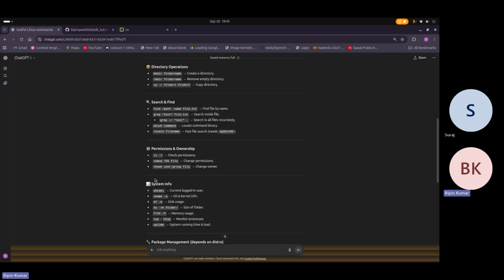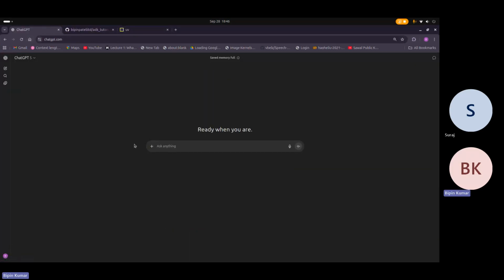So in ChatGPT, maybe I can open a new chat. If you see, there are options like deep research, creative, and web search. These are basically tools. Connect Google Drive, connect OneDrive, connect SharePoint. Without the help of these tools, it cannot tell what is the